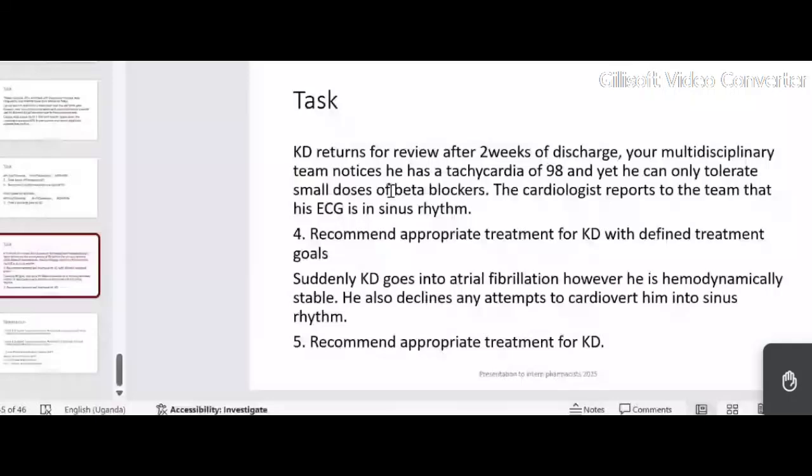Why? Because we have to prevent the risk of blood from clotting. This patient, atrial fibrillation is a risk factor for blood clots, a risk factor for stroke. Okay, so we need to give this patient anticoagulation. Apixaban dose, you start the patient on maybe 5 milligrams BD, or you can give them